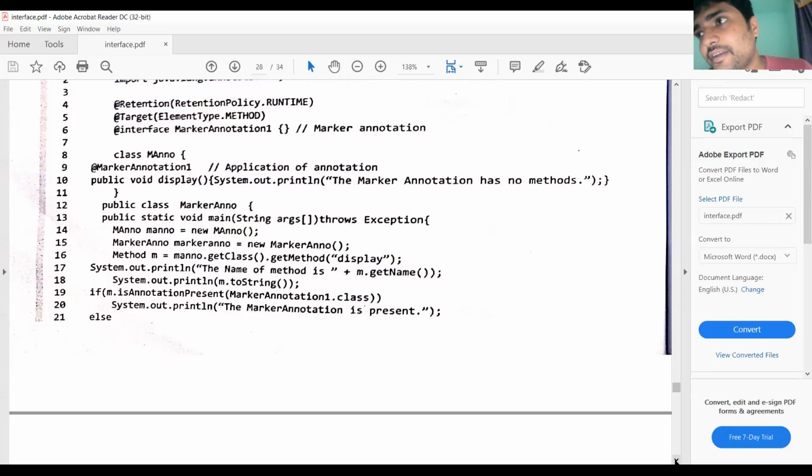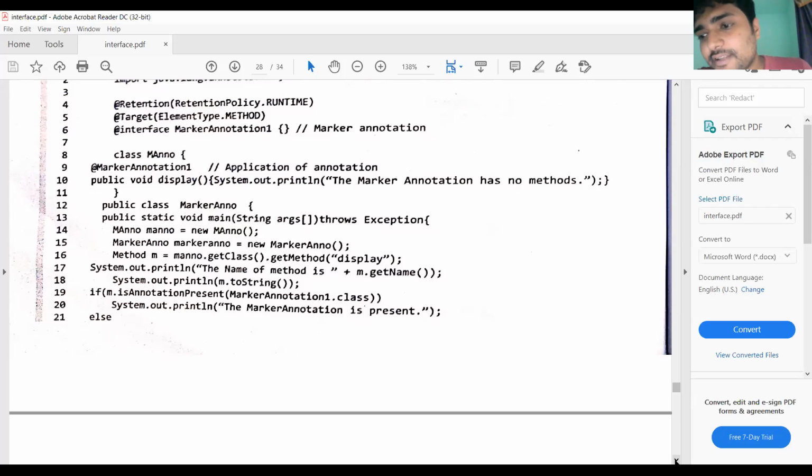You can define your own annotation also by using @interface. If you identify any @ symbol in a program, you can easily treat it as an annotation. So the user can define its own annotations also.